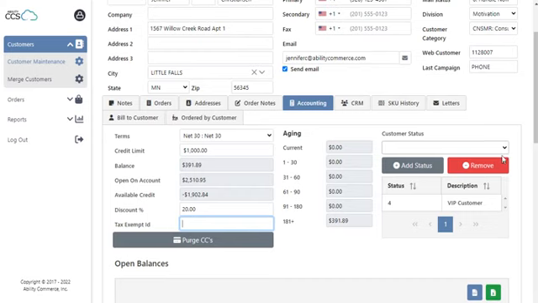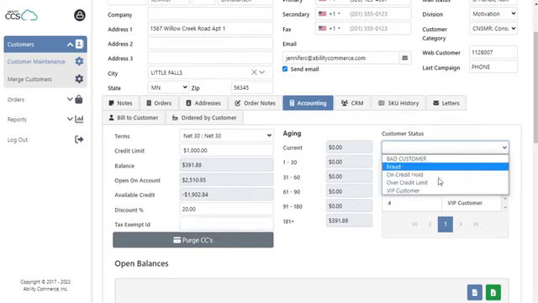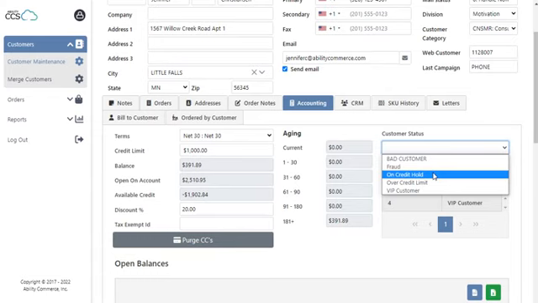On the far right-hand side is customer status. Customer status is where we can go ahead and set up different statuses for the customer based off of different criteria they might meet. For example, it's common that customers will have a bad customer status if they have some past due payments they haven't paid, they have some bad checks that they haven't paid, or something along those lines where they've just established a poor payment history